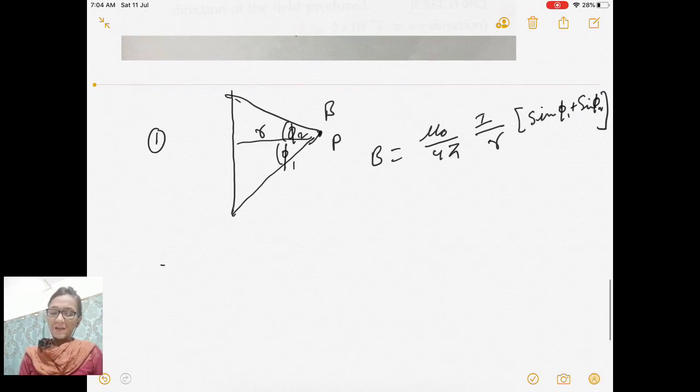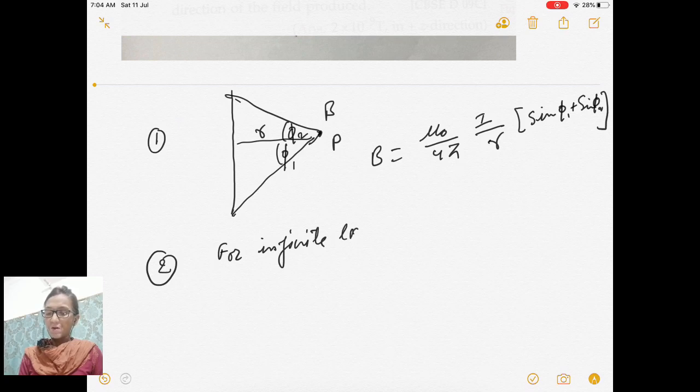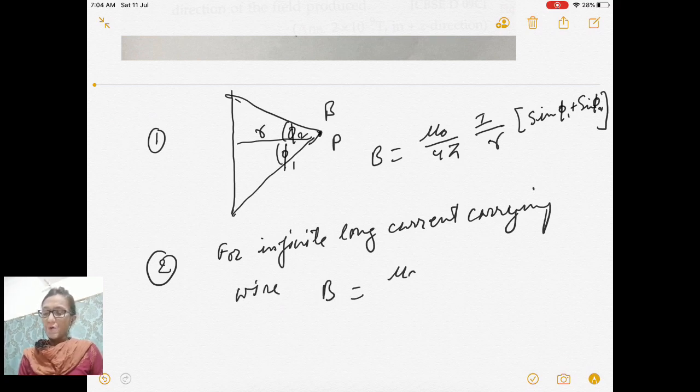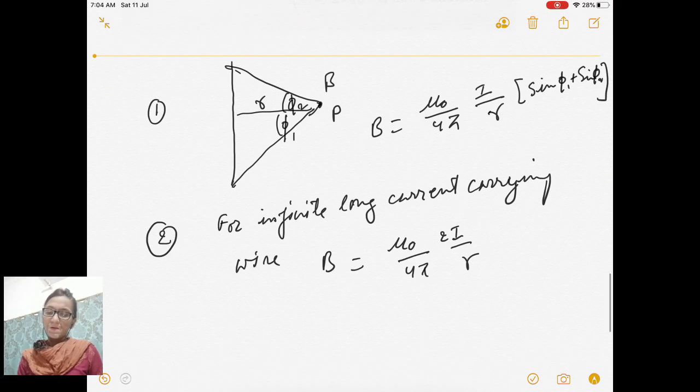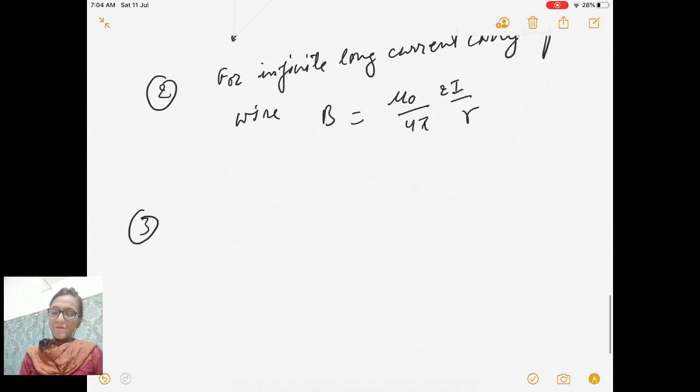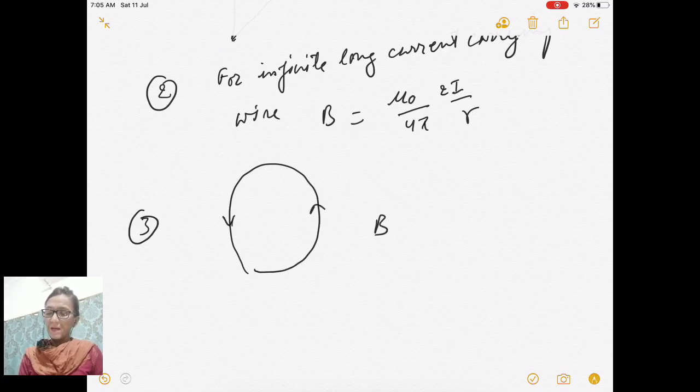Now the second one, if it is of infinite length, for an infinite long current carrying wire, B is equal to mu naught upon 4 pi 2I upon R. Now if you have a circular loop, and it is carrying current I, then B at any axial point